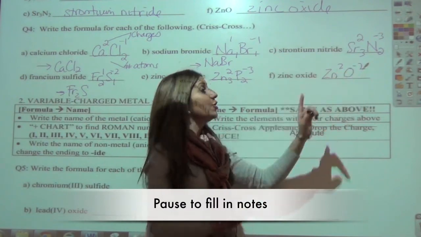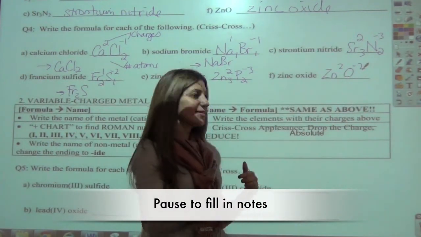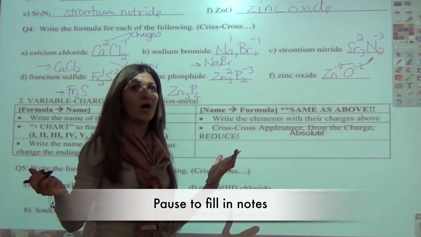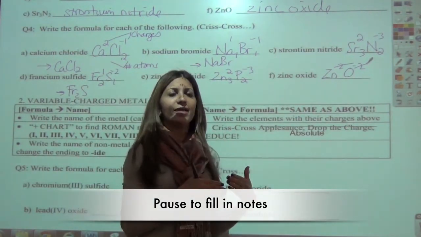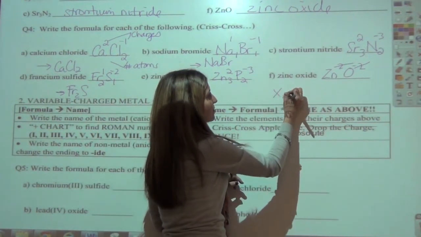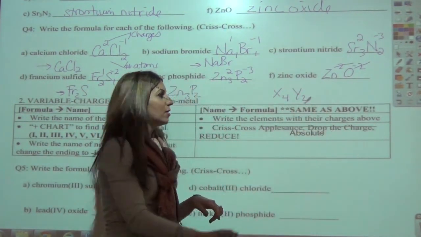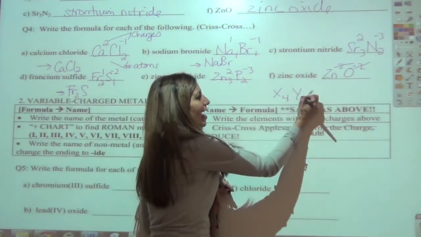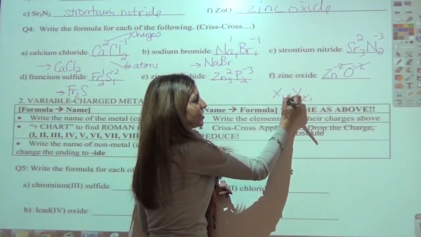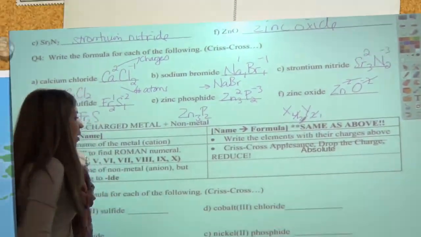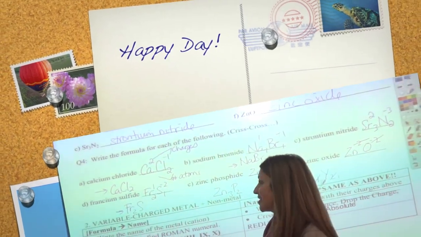They cancel out. You can either cross them first and then cancel out, or you can just cancel them out up there and you're done. It's just Z and O. So if you're reducing and it's like a 4 and a 2, then let's say that you had X4, Y2. What would you do? You would divide both of them by 2. And so that would be gone. You would make that a 1. And this one would be a 2. So that's how you end up doing the reducing. Okay? All right. So, and that's the end of the